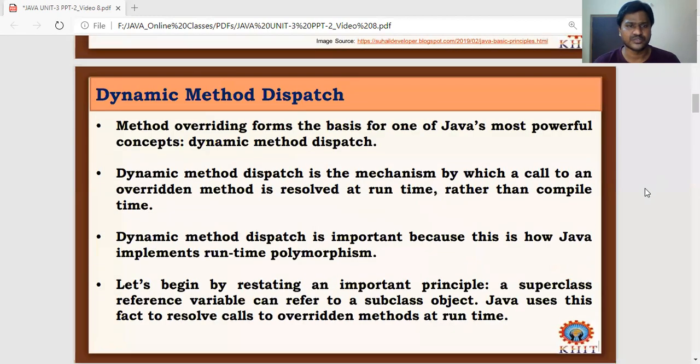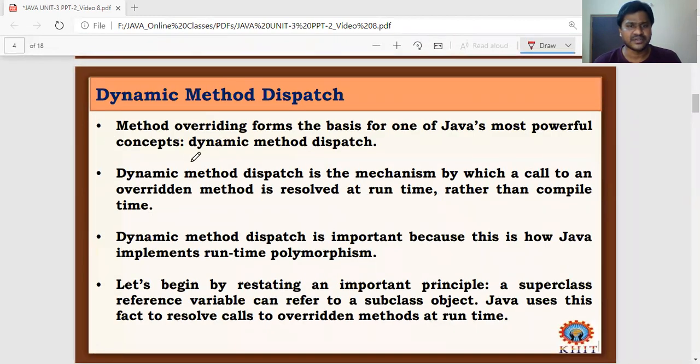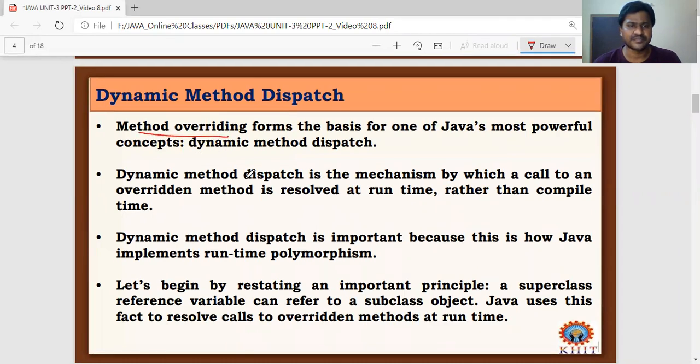Dynamic method dispatch is the concept related to method overriding, and we know that this forms the basis for Java's most powerful concept called dynamic method dispatch. It is the mechanism by which a call to an overridden method is resolved at runtime.